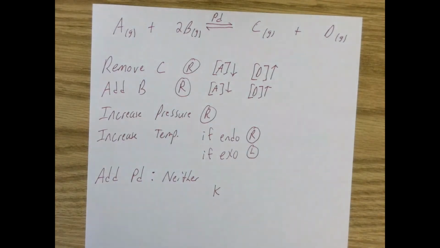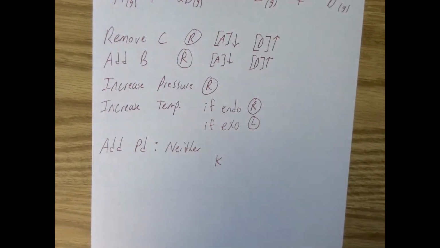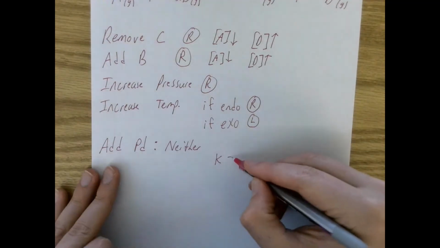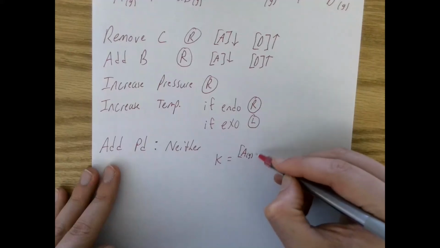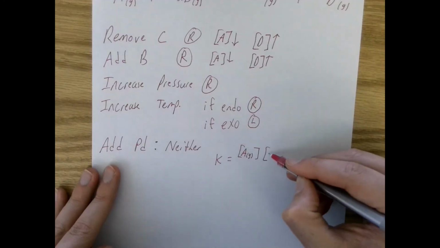So for rate constant, they were complicated. For equilibrium constant, it is unitless, dimensionless. Okay. So I calculate K by the concentration of products divided by the concentration of reactants, all raised to the power of their coefficient. So I can say K equals the concentration of A, gas, concentration of B,